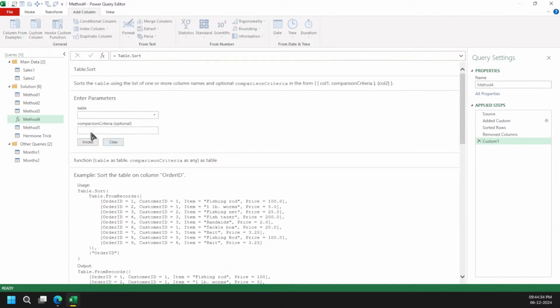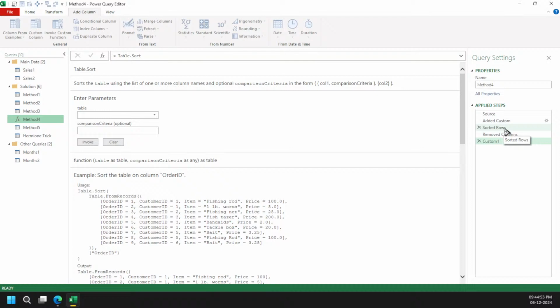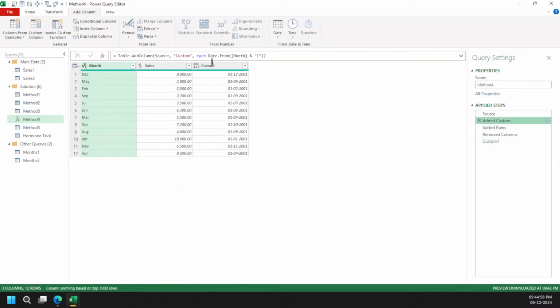What is here? We have got comparison criteria. And we have discussed these things extensively in our Sunday learning sessions. So what we are going to do now is directly use the Table.Sort function. If you don't know how to go into complex stuff, we have added the column, right? We are going to copy this code, the whole thing, because that's the only thing between add column and sorting the data.